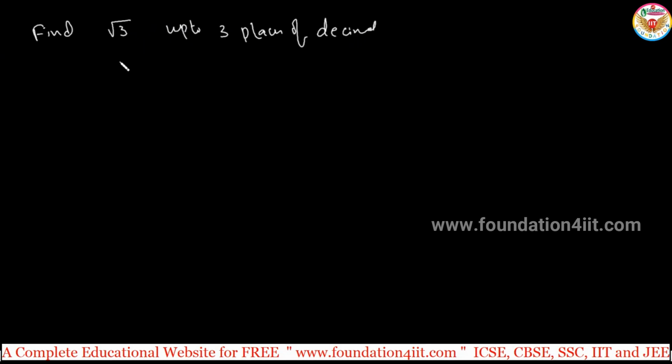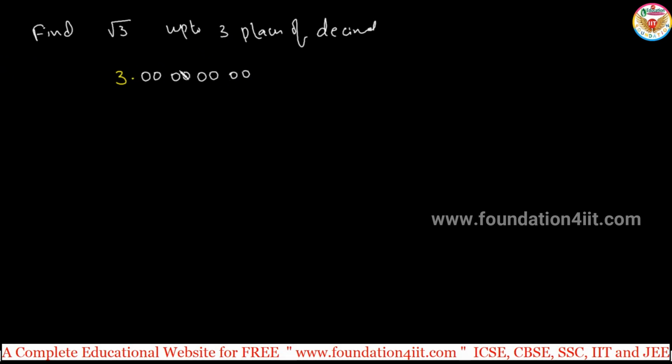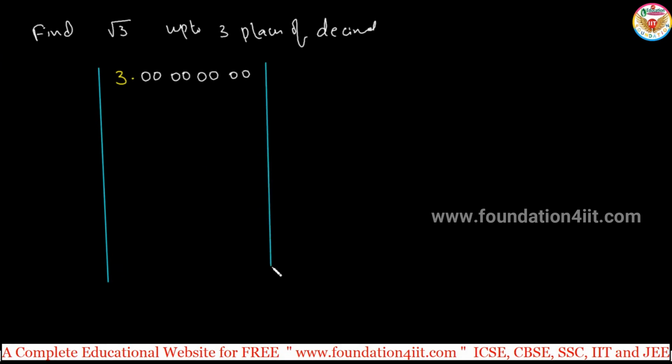So we need to find the square root of 3. Only 3 is here, but up to 3 places of decimals. Now we have to find up to 4 places. That means we need to get 4 sets. So keep 8 zeros, and you need to do the division method for this. Same will apply. Let's find out. From the right side you can mark 2 as one set. Next to 3, after the point, compulsorily an even number of decimal places you should see.